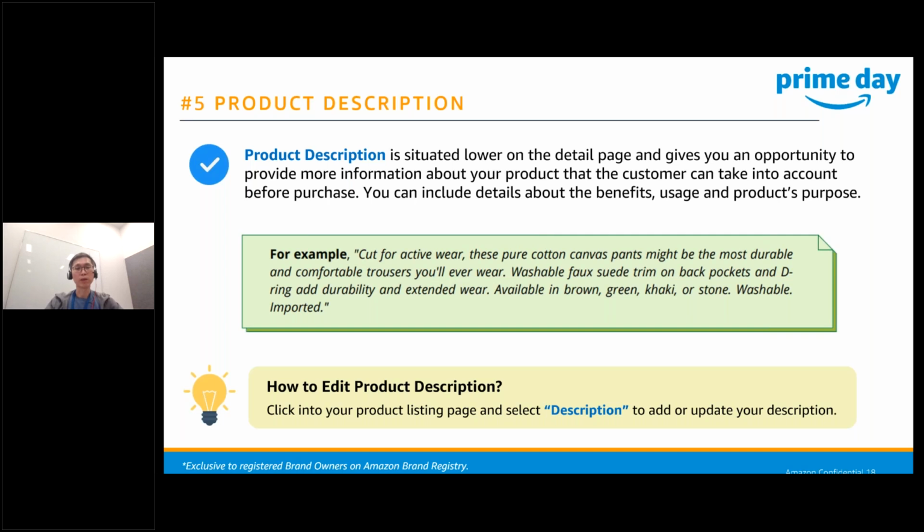Now, in this example we included here, the description helps to form a better idea of what your product or even brand is about. Now, with the additional information that may not be included in your product bullet points, you can add or even update your description directly by clicking into your listing page and selecting description. So the example is the one in green over here. After reading it, do you find that the description is actually very helpful for you to decide and imagine how you can actually use the product?